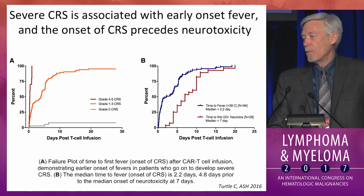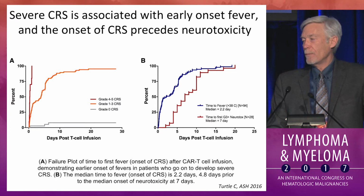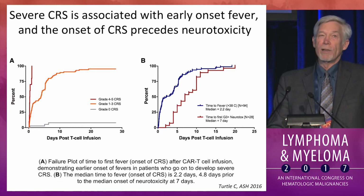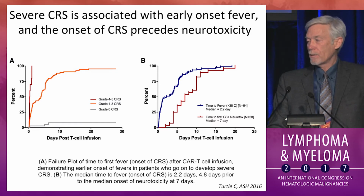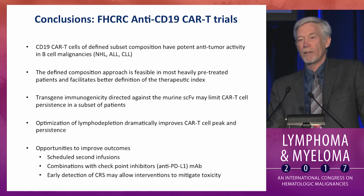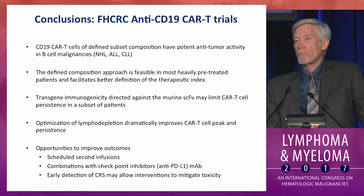The other point I will make is that the neurotoxicity comes on later than the CRS. Typically, the CRS is occurring fairly quickly in the first few days. Neurotoxicity can have a lag of several days behind that, median onset closer to 4 to 5 days in our series. So I'm going to conclude about our studies at the Fred Hutch that this has potent activity in ALL,